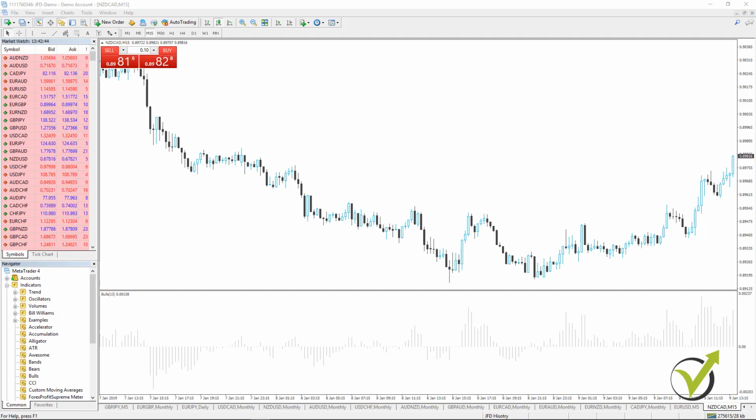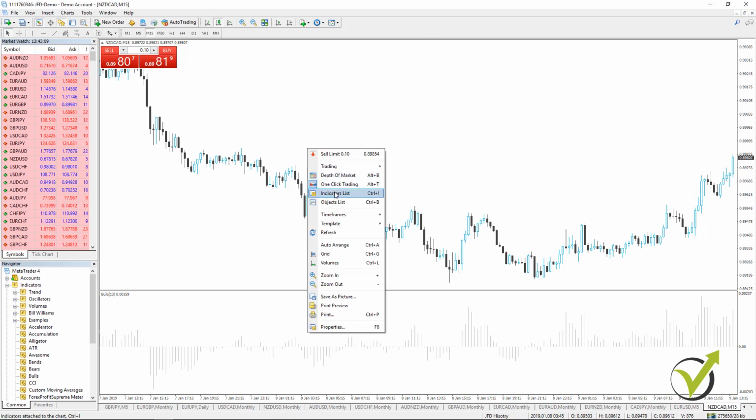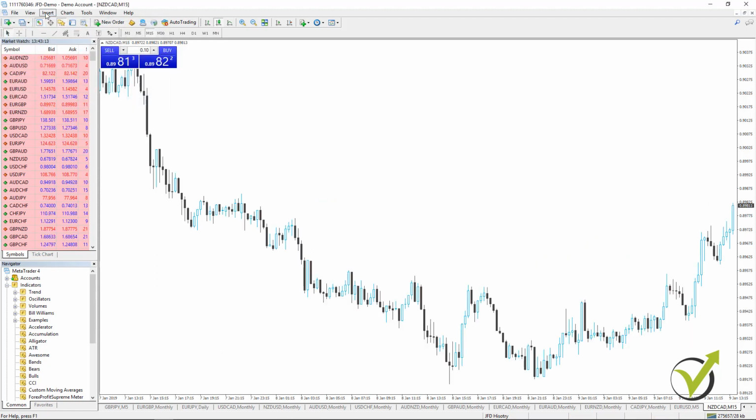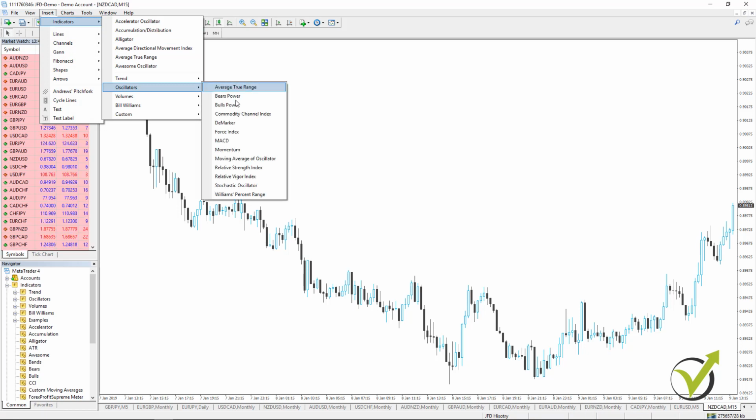Okay, this is when we have a maximum for the day, or when we have a minimum. This is the maximum power for the buyers on the top and for the sellers on the bottom. Alright, I will remove the indicator and I will go to the next one, which is called the commodity channel